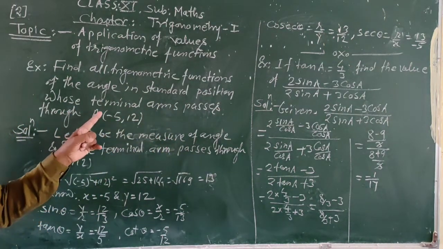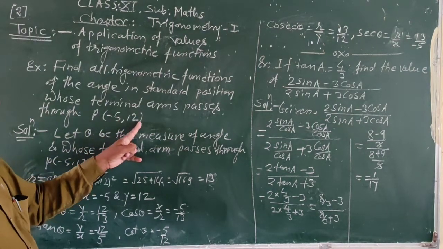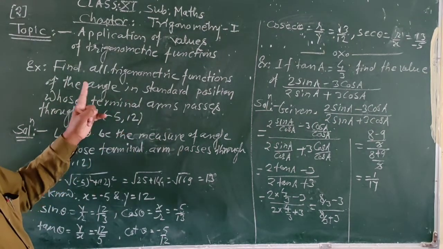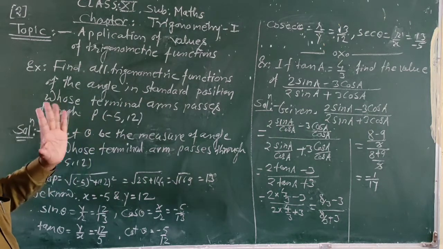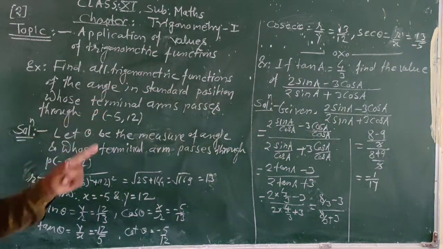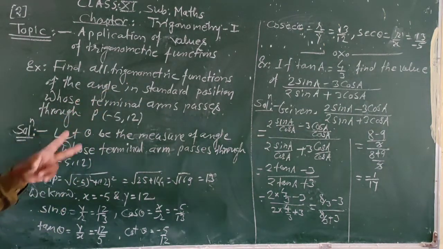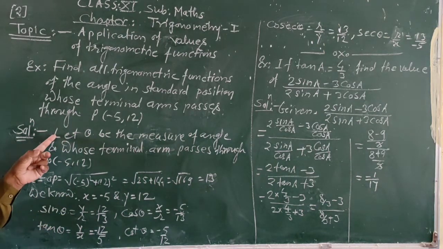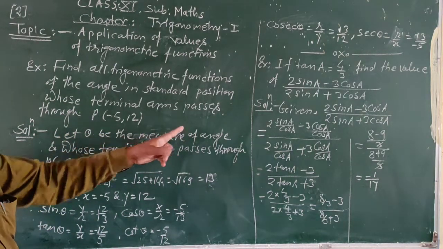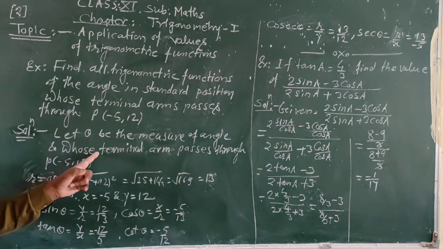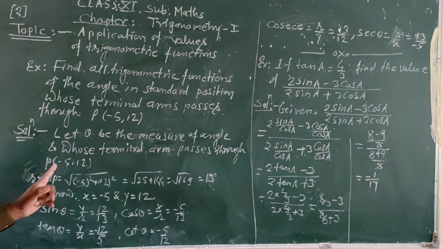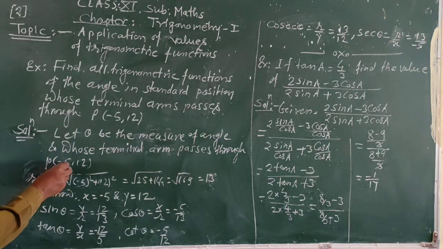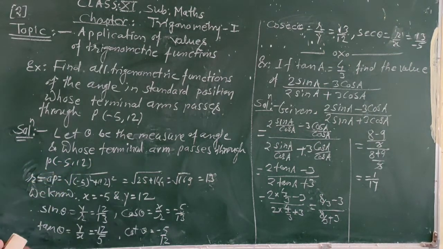whose terminal arm passes through the point P of (-5, 12). So everything that you know, we have defined the standard position of the angle and we know all the trigonometric functions that we see here. So we consider here, let theta be the measure of an angle whose terminal arm passes through the point (-5, 12). So the terminal arm is passing through the point (-5, 12) and now we can find the distance OP,